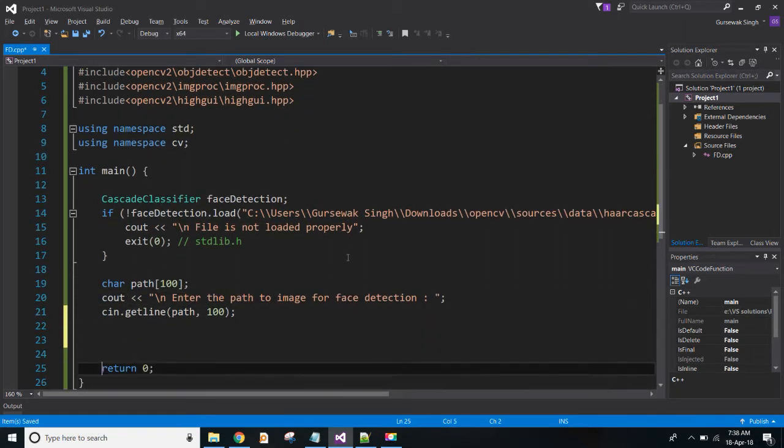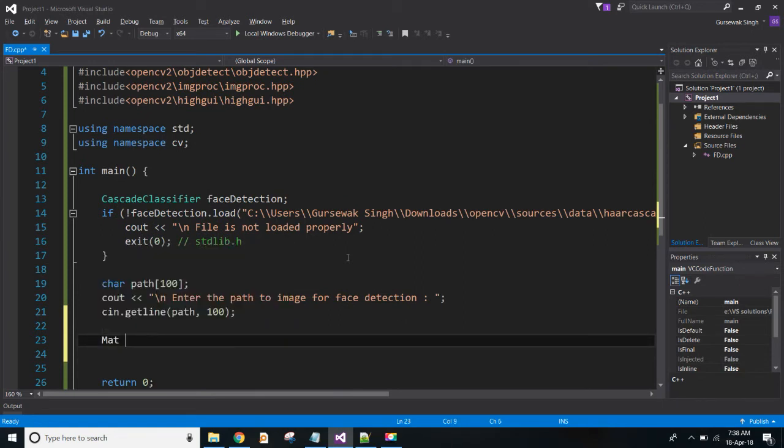And after taking the input of the image, create a matrix